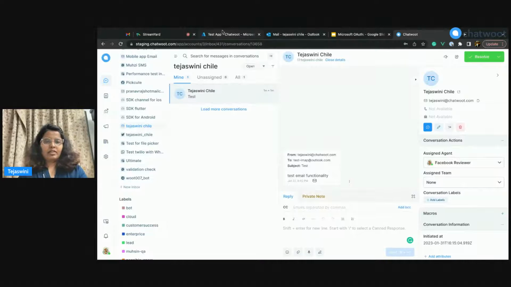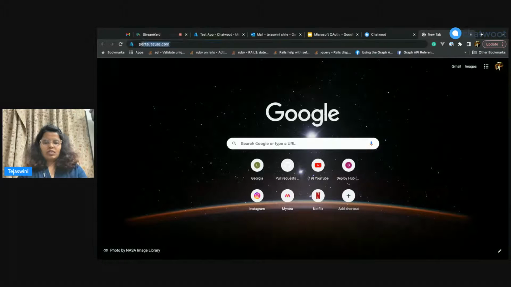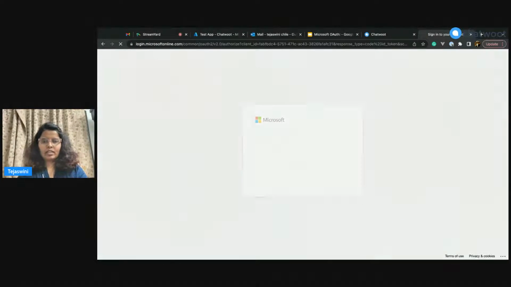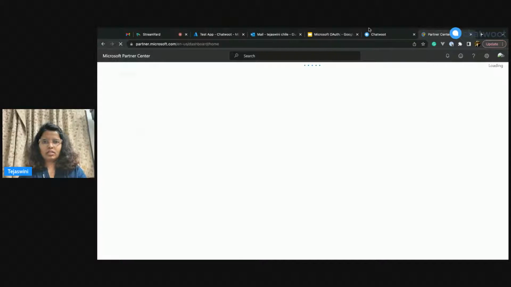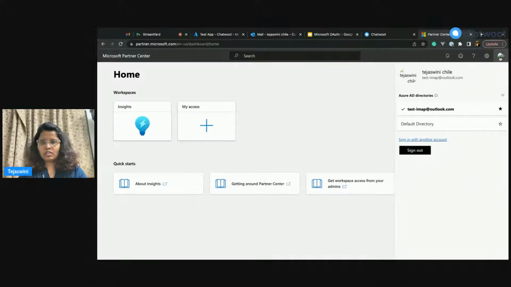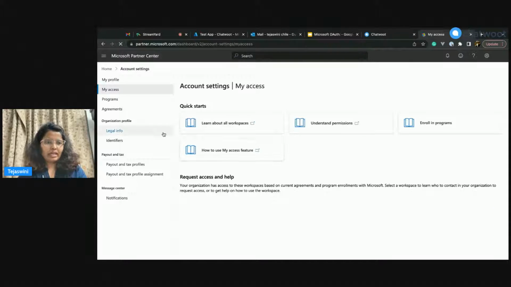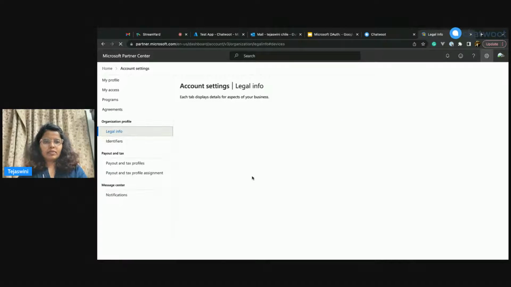Okay, till then, I would like you guys to know about the add MPN ID. For this, you need to go to partner.microsoft.com. And then you select on this. This is my test account, so that's why it's not showing further information. But you go to my access, then you add your legal information in this tab,